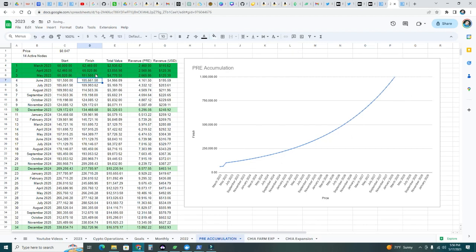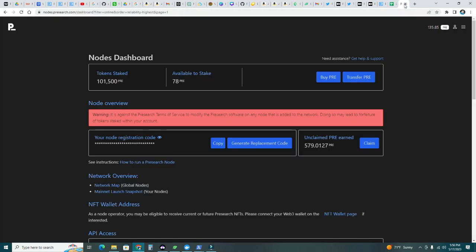All right, so by doing that, you can see the line, we can curve and we can accelerate the pre-accumulation. So given that the pre-token is at lows right now, it's at new lows, we can use this to our advantage and accumulate more tokens. So I just added 30,000. I have distributed those in my